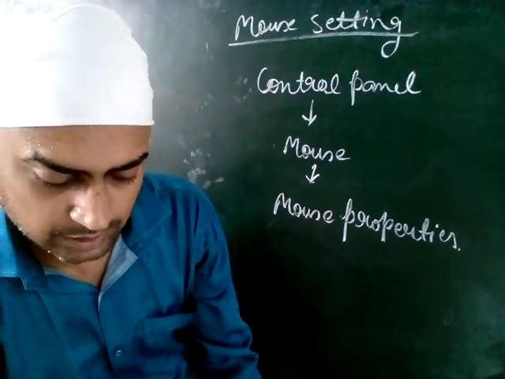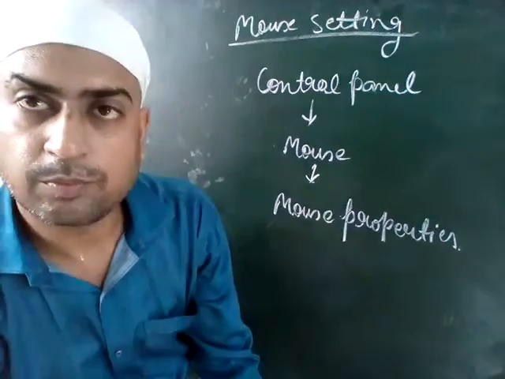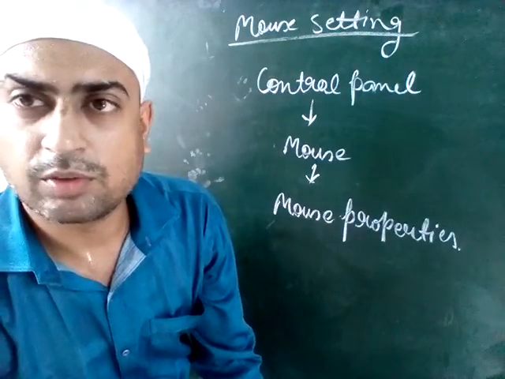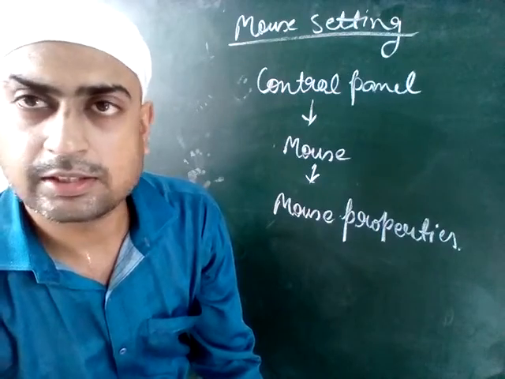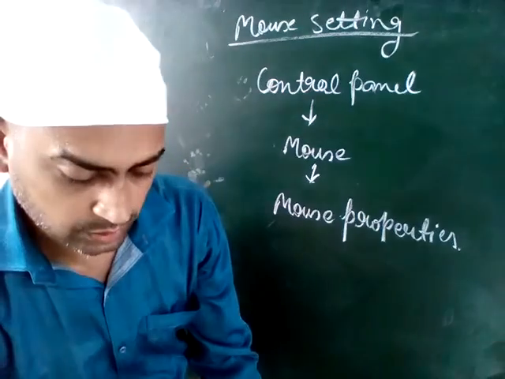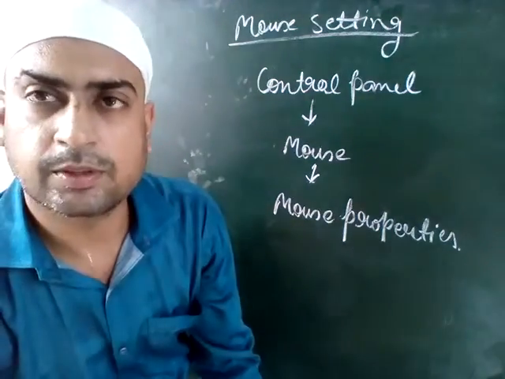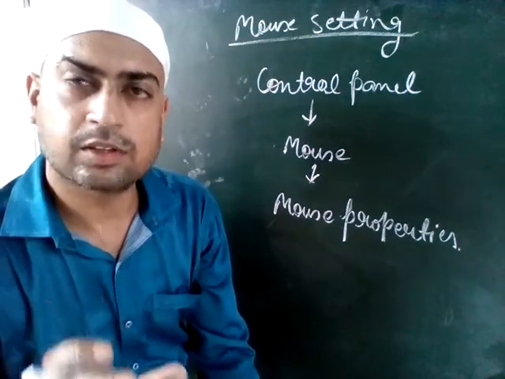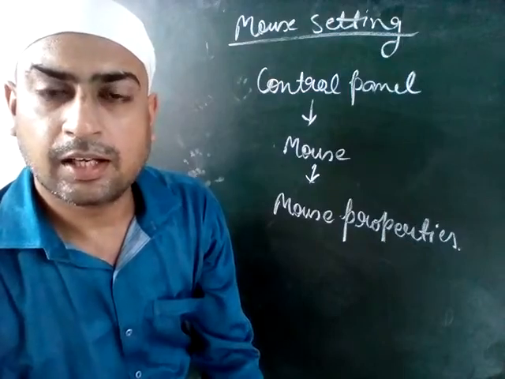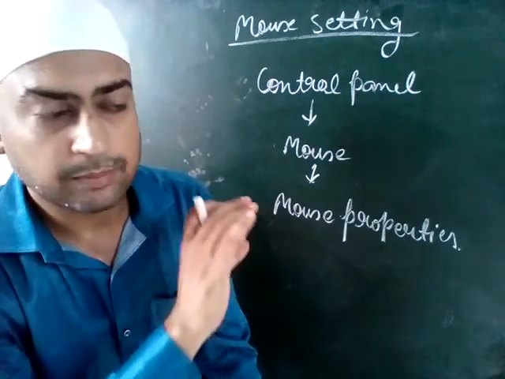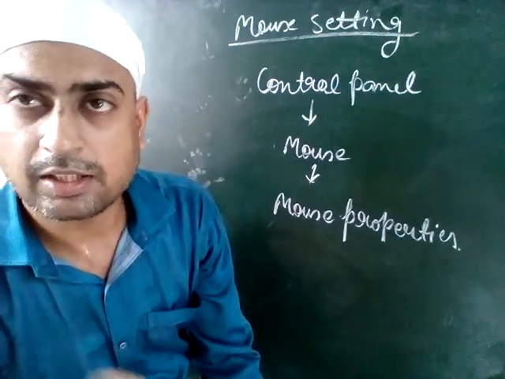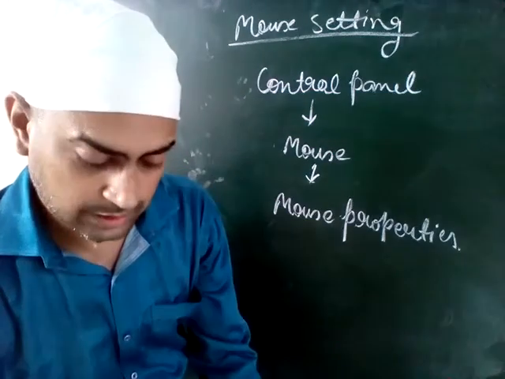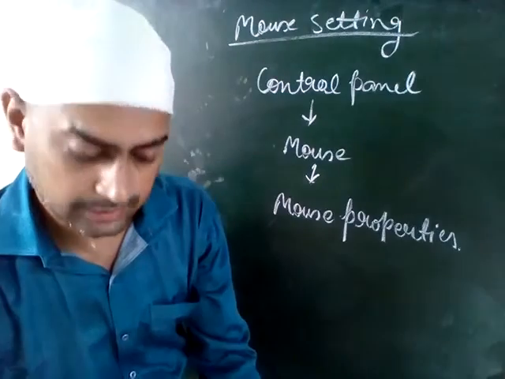To adjust the speed of your mouse pointer, click on the pointer option. If you want to adjust the speed of your pointer, you can adjust it. Simply click on the pointer option. The speed of the pointer means, if we are moving the mouse, it will go towards the left or right. The speed with which the pointer is moving, that we can control. We go to the pointer option, and with this we can control the speed.